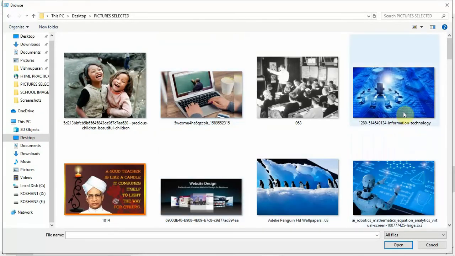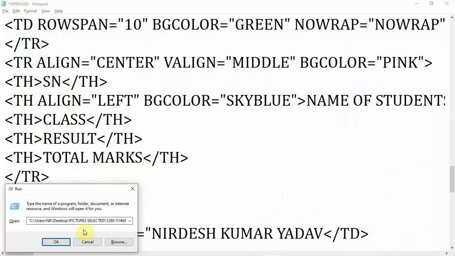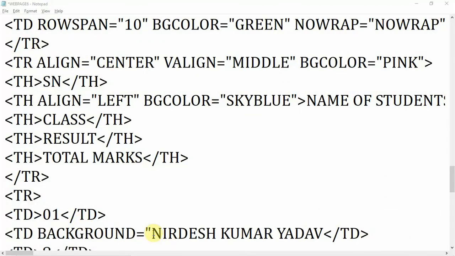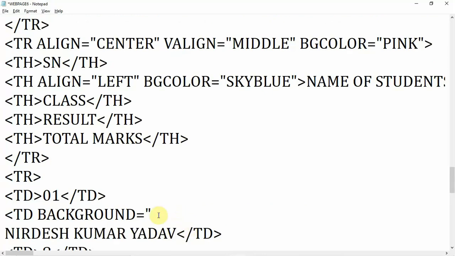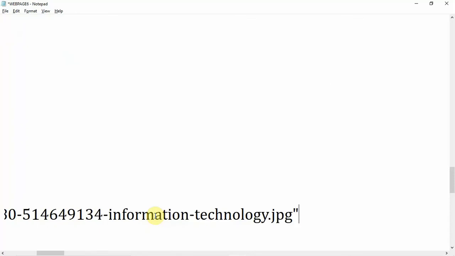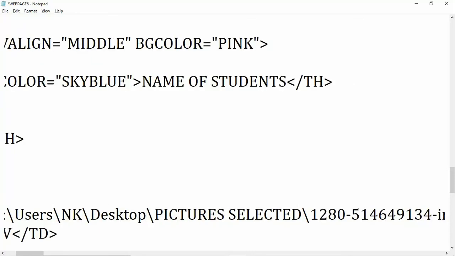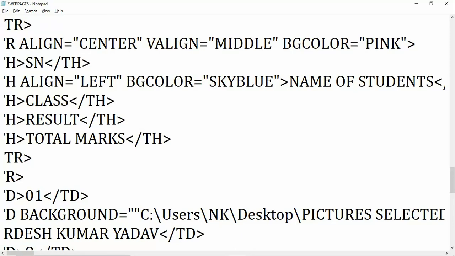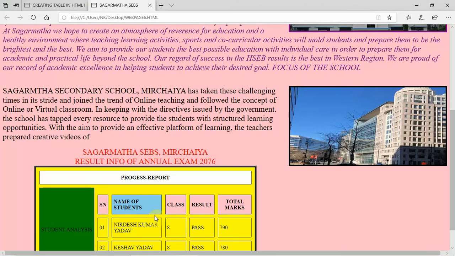I want to insert this picture and select the location, Ctrl plus C and cancel it, and Ctrl plus V. Now next you have to paste. I want to write it in a single line, Ctrl plus V, and now close the angular bracket. If 2 times double quotation, then close 1 time. Now Ctrl plus S. Now I want to do F5. You can see here, inside Nirdesh Kumar Yadav the picture is set.